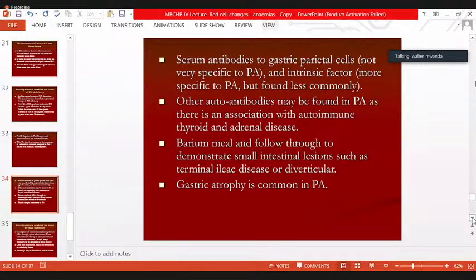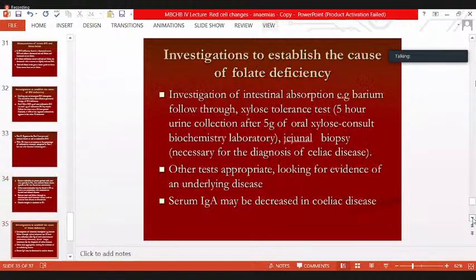Of course, gastric atrophy, for one reason or the other, the commonest cause of gastric atrophy is pernicious anemia. This, again, manifests as a form of macrocytosis due to megaloblastic change, due to reduced B12 in the body. We follow the same process. If it can be demonstrated that the macrocytosis is due to folic acid deficiency, we must demonstrate also the cause